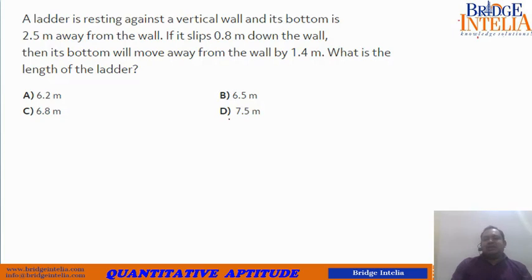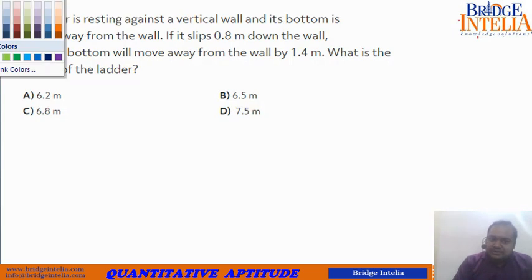So let's see. This again is a case of a Pythagorean triangle, because the ladder is resting against a wall. This is a very famous way to create a Pythagorean triangle, because the wall is vertical, and the ladder, when it slants on it, takes the role of the hypotenuse. So let's see how we can solve this. A ladder is resting against a vertical wall. That means it's time for you to apply the Pythagoras theorem. It is a very big hint.